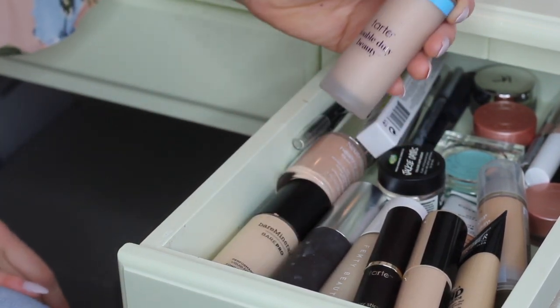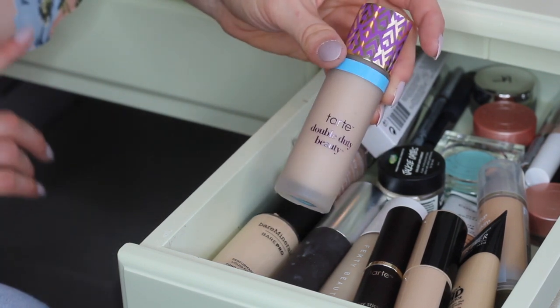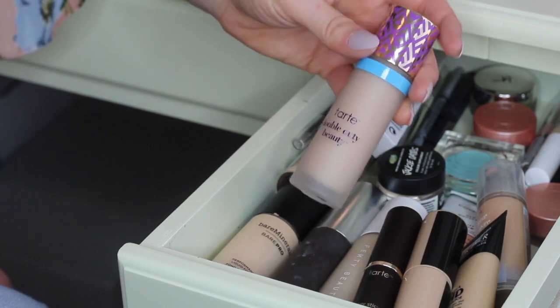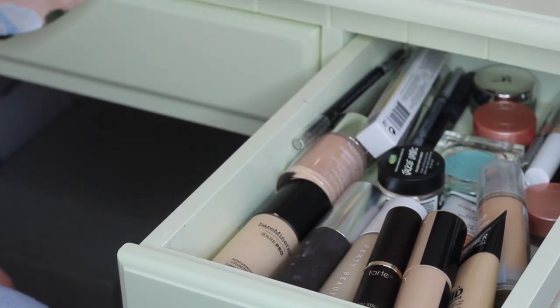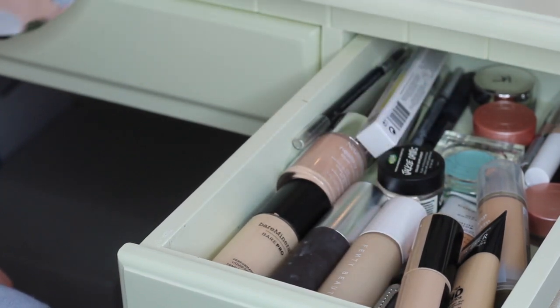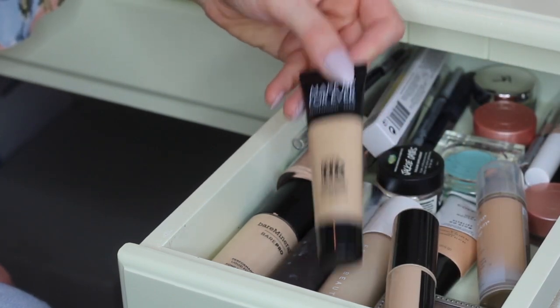So the foundation that I keep on hand is my Tarte Shape Tape Hydrating. My matte foundation is in my tray up top right now, but I like to keep the hydrating one because I mix them a lot of the time. I also have my Tarte Clay Stick Foundation here. An extra of my Makeup Forever HD foundation just in case I run